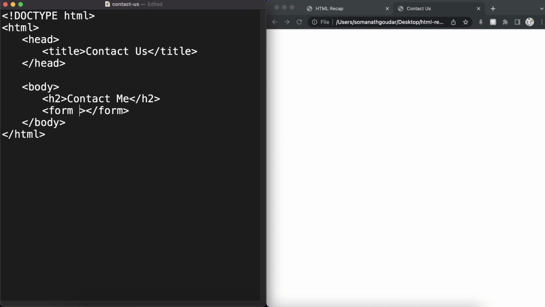As you learned, the form is going to take two attributes. One is going to be the action, which is going to be a link to an HTML server, let's say process data.php, and another one is going to be for the method. In our case, since we are sending data to a server, it will be a post. Right, inside our form,